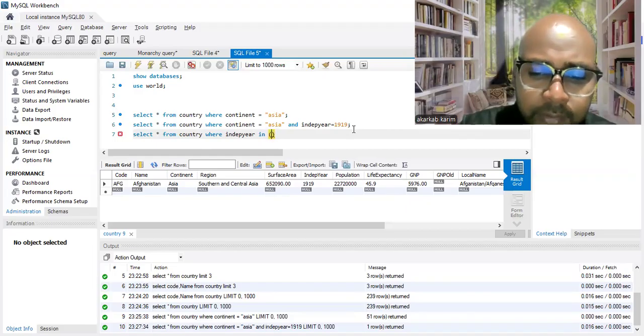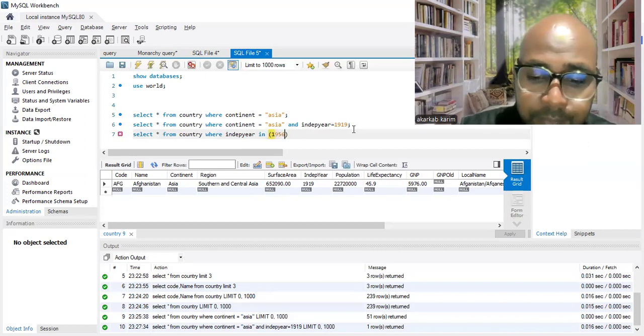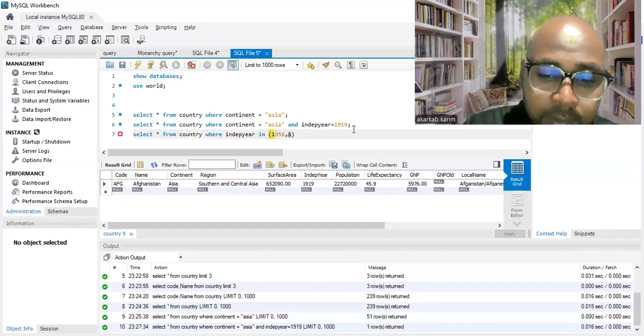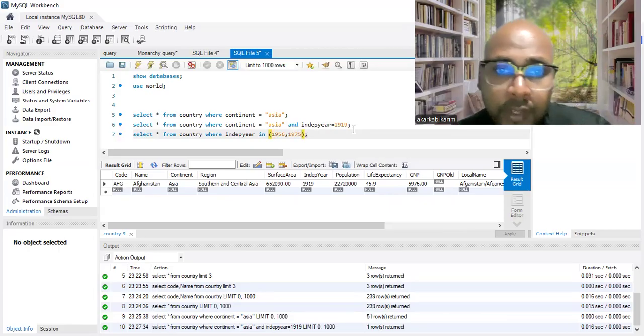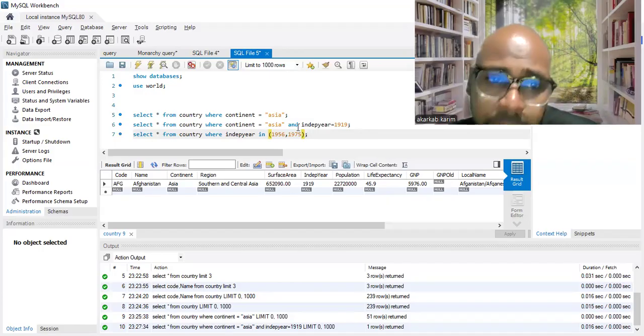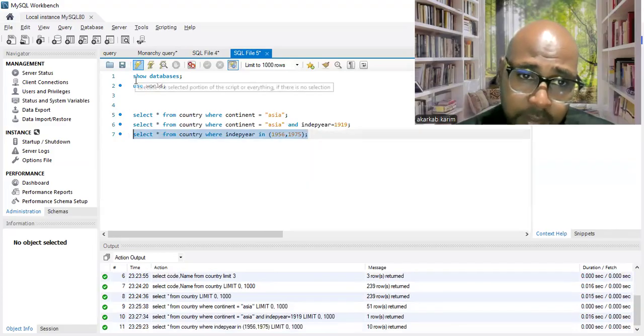Let's trace 1956 and another year, for example 1975. So we want to return the countries that have this independence year, either this or this. We have two values, so let's run it and check the values that we are going to get.